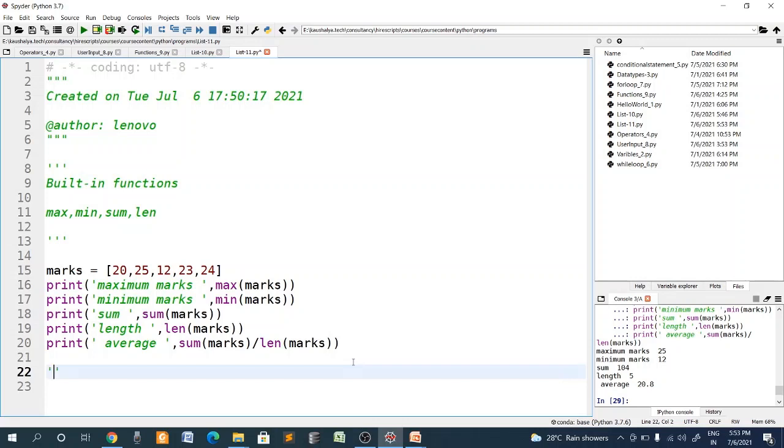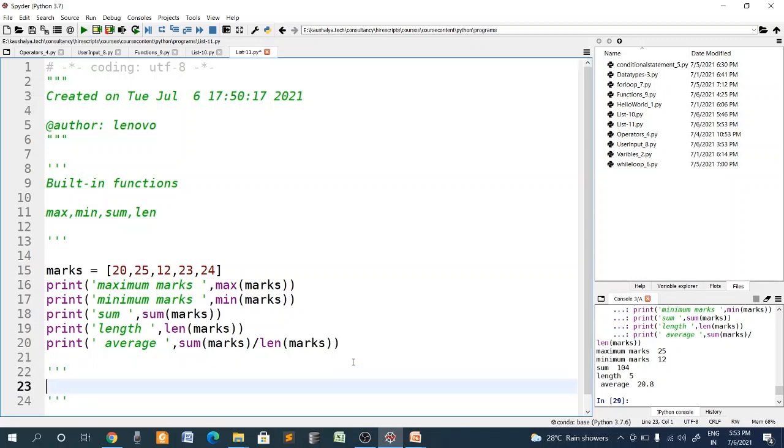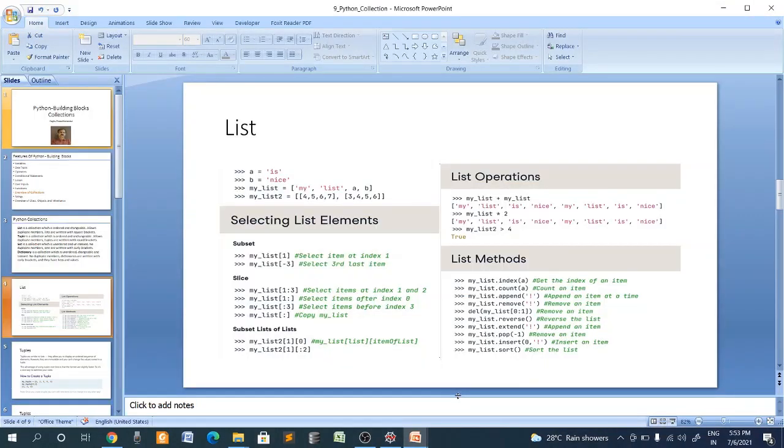You can see what are the next set of functions, like insert. So I want to insert an element at a particular place, and I want to find the count of occurrence of a particular element, right? Insert, count. So let's see what are the other things. You have insert, count, and then index, pop, sort, reverse,